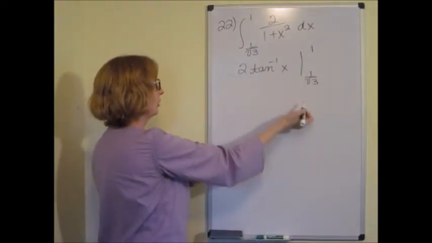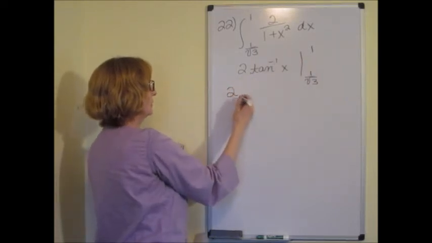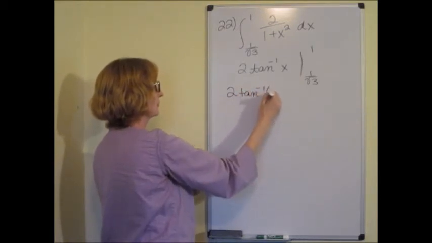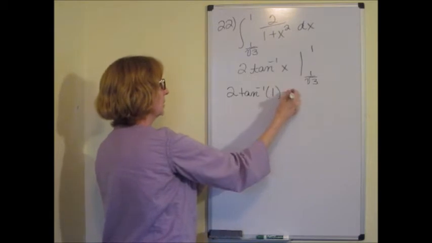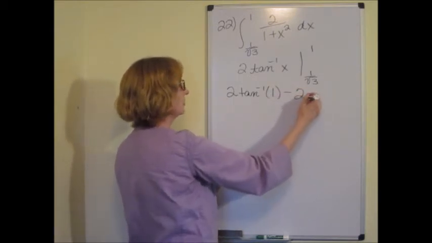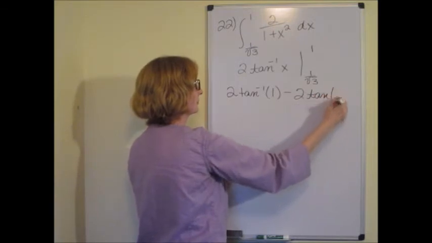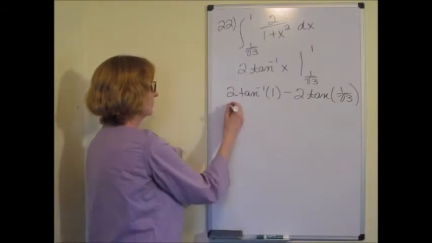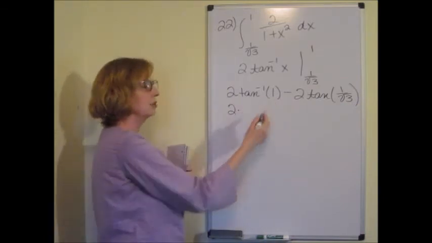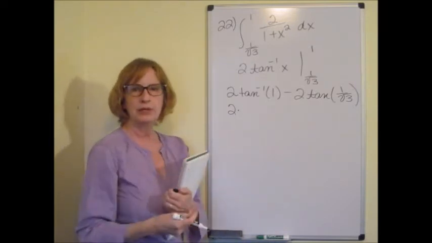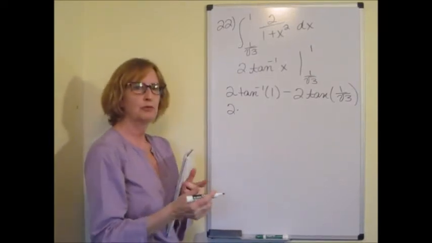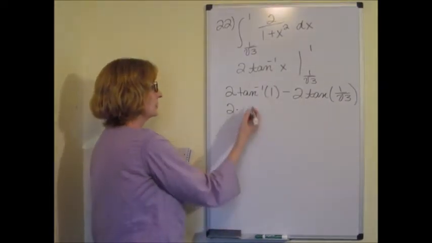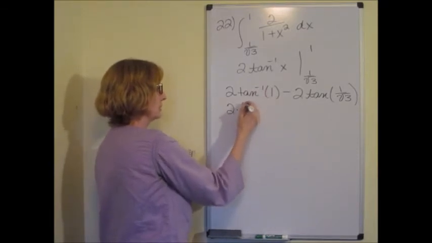So when we plug in first our 1, I have 2 times the inverse tangent of 1, and then minus my 2 times the inverse tangent of 1 over root 3. And let's see what we have. 2 times, what angle has a tangent of 1? Well, that would be pi over 4, because the pi over 4 is root 2 over 2, root 2 over 2. And so that tangent would be a 1. So the inverse tangent of 1 is going to be pi over 4